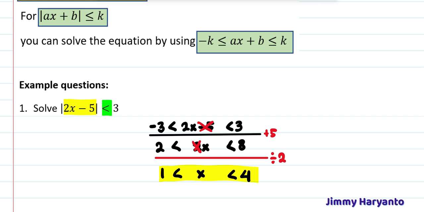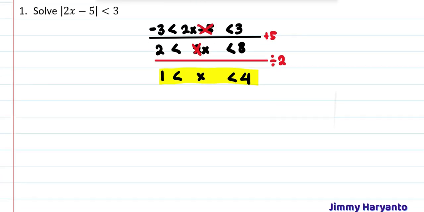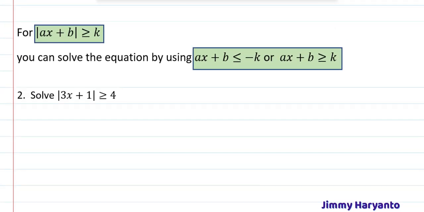Yeah. Imagine that when you use the square method, it will take a long time, and the workings will be more complicated. Yeah, because later you will have to create a number line and so on. So I suggest you memorize the formula, especially if you have a more complex equation later. Yeah. Okay, second type of inequality, if the sign is greater than.